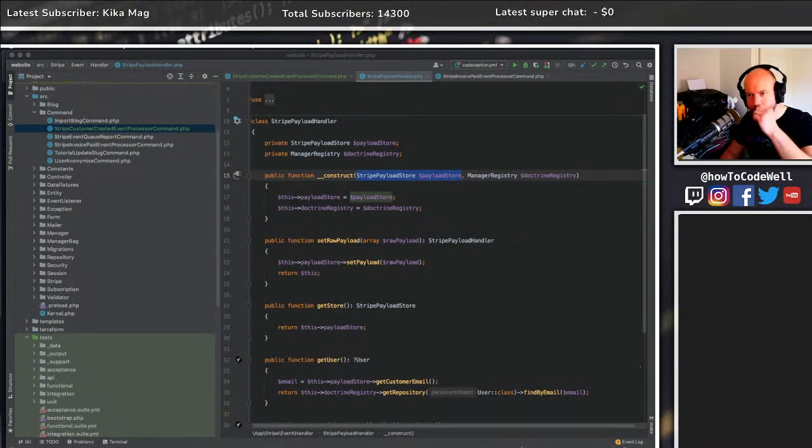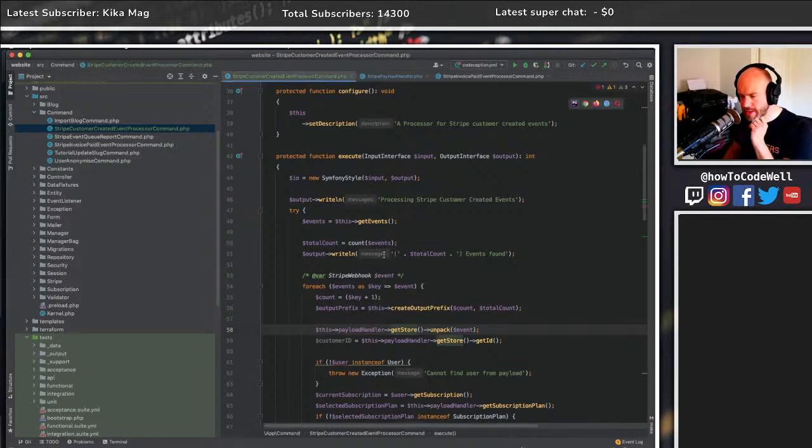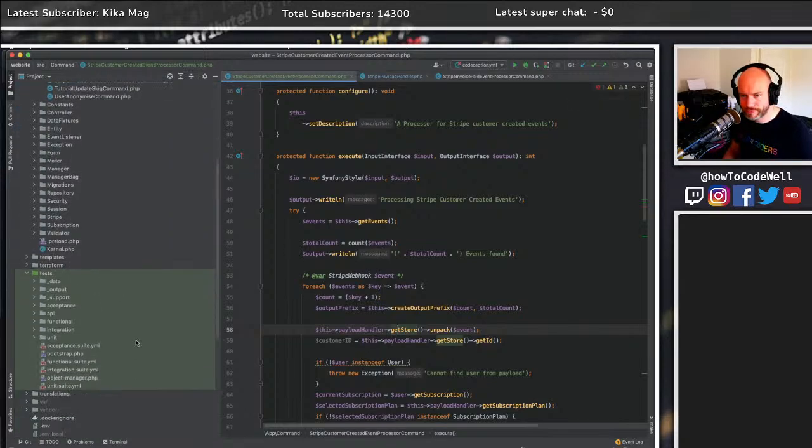Okay, so sitting down now. I think what we need to do is create like a facade for these events, for the payloads at least. I think that's what we need to do. So what I'm going to start with,